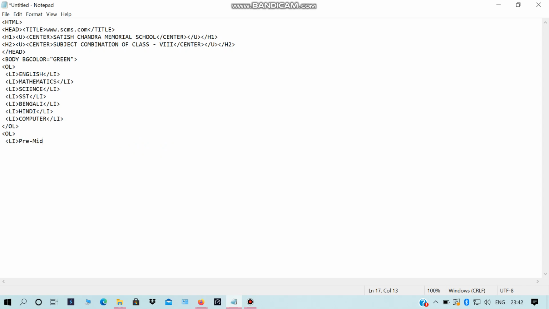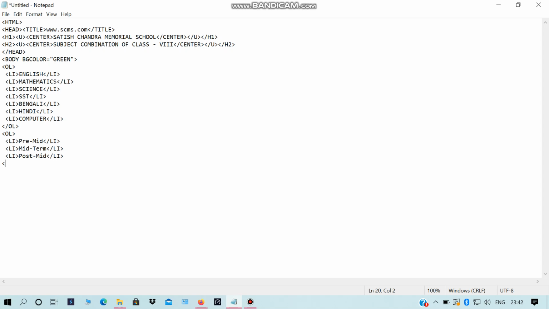Within li we are writing pre-mid, as in how many exams are there, and we are giving the closing tag of li. After that we are writing again li, and then we are writing mid term, and closing with the ending tag of li. Then again we are writing li, and then post mid, which is also one of our exams, and then we close the li tag.